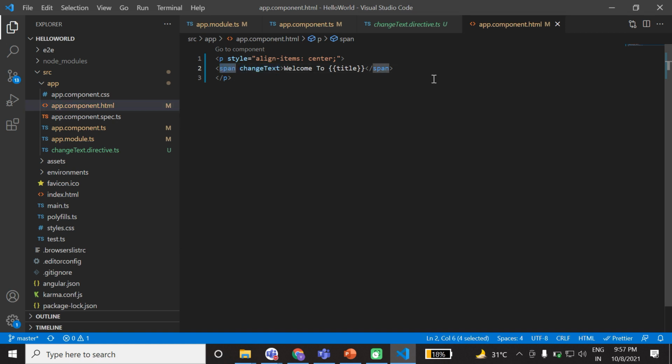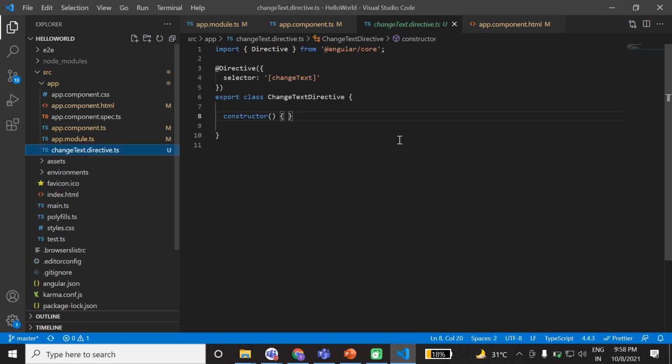So it will hold all the details in that change text directive where we are using it.